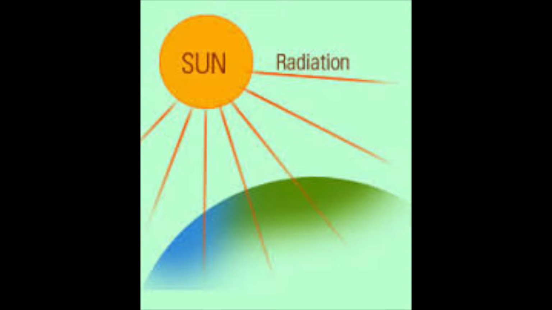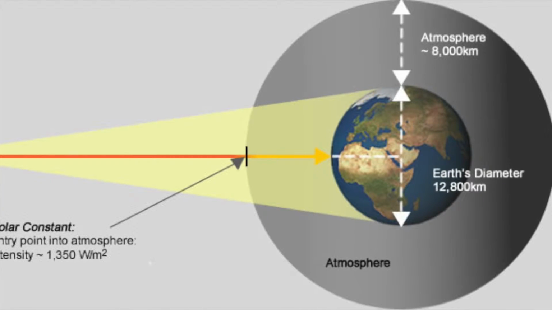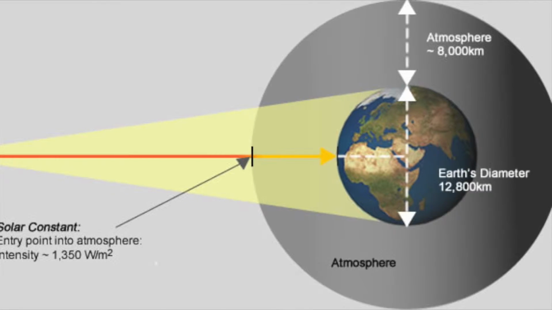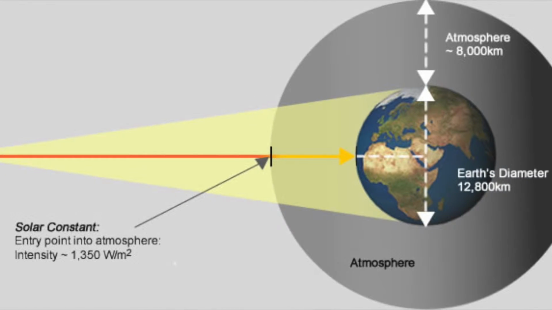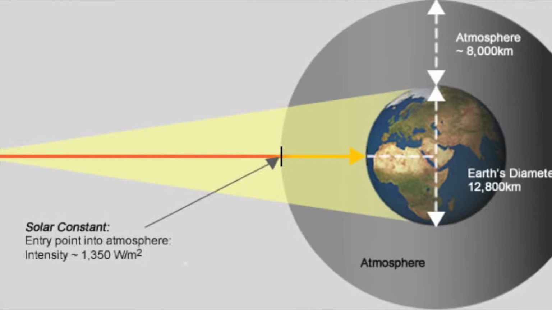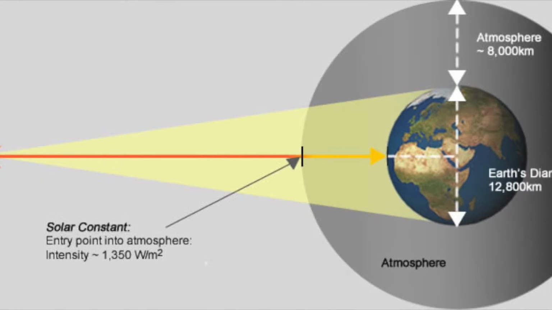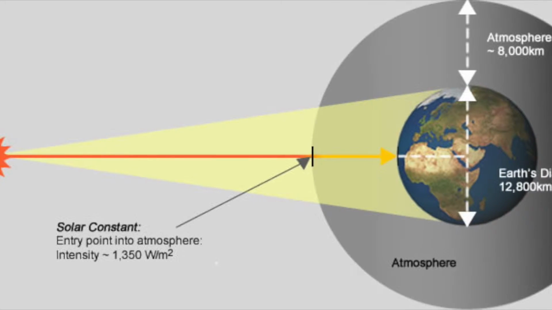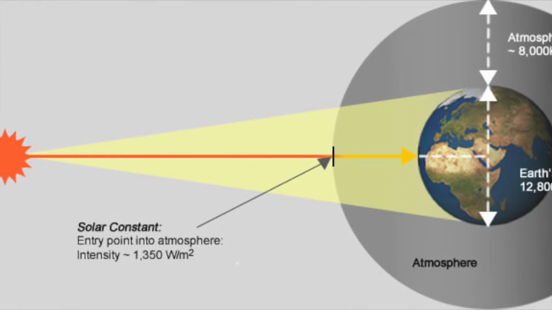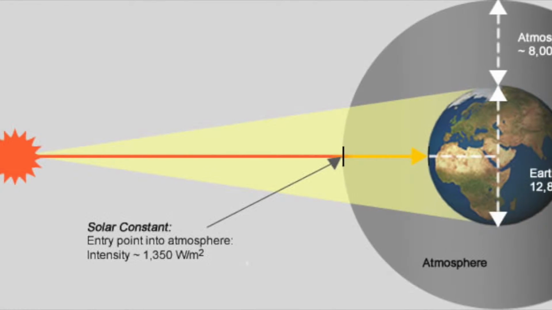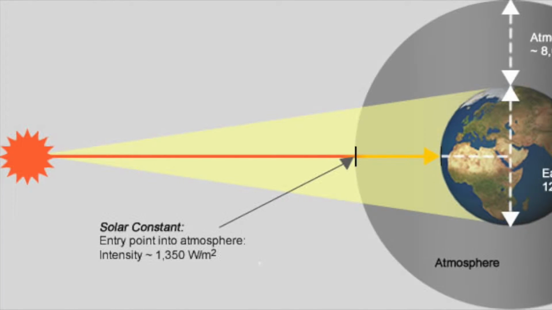The sun is a source of energy that has to have its own equation because of how much energy it emits. The heat of the sun is calculated by knowing that 1,350 joules per second per square meter of area at right angles to the sun's rays of energy hits the Earth's atmosphere. Now that's a lot to comprehend, so in short, this equation is known as the solar constant, which is 1,350 watts per meter squared. The atmosphere of the Earth is capable of absorbing 70% of this energy before it reaches the ground, depending on how many clouds there are, and on a clear day, about 1,000 watts per meter squared